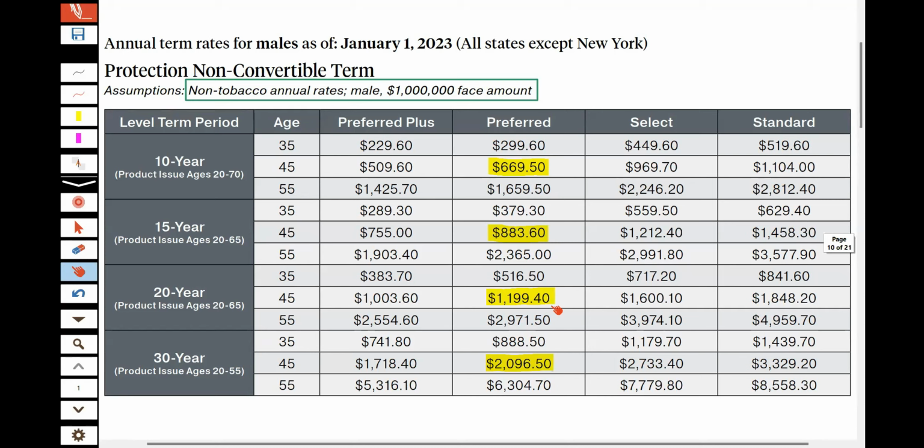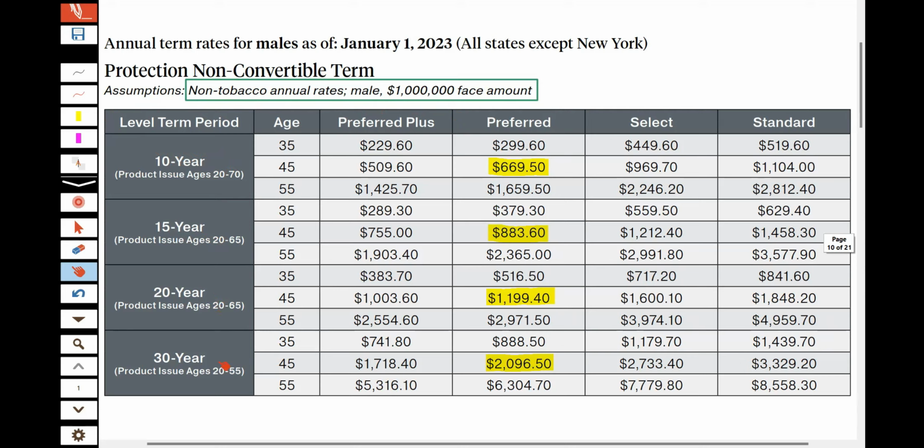So to verify the cost of the premium that we just viewed on the healthy 45-year-old male using a preferred rating, you can see highlighted right here that the premium annually is $1,200, which lines up with the slide that we just previously viewed. And you can also see that is a $1 million face amount. The face amount is the death benefit, and also that we did use a male. So these numbers line up. So what's really cool about this slide is you can see that there's different level term periods. You have a 10-year,